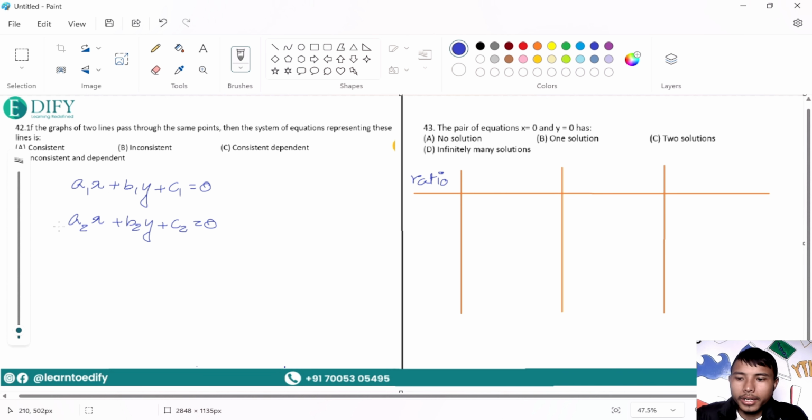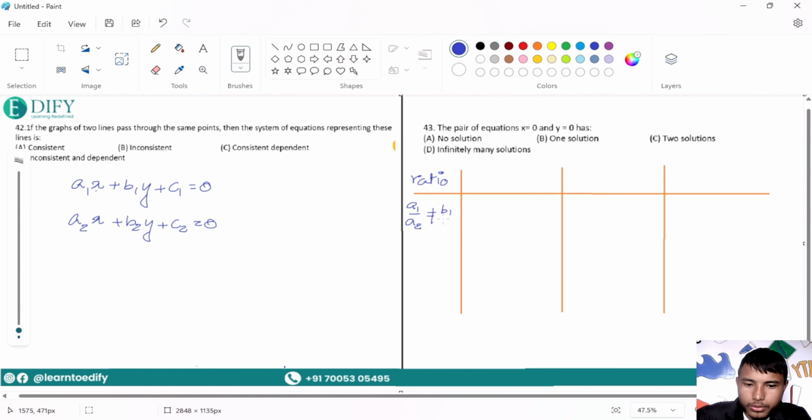So a1 and a2, b1 and b2, c1 and c2 are constants, while x and y are the variables. The first ratio is, if a1 by a2 is